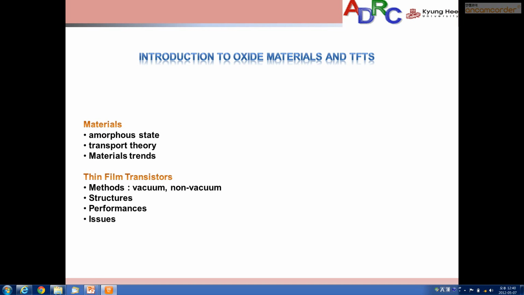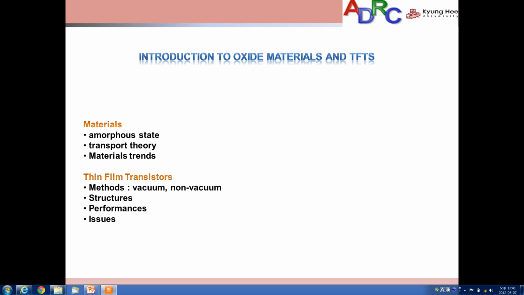I will introduce to you oxide materials and TFTs. First of all, I will introduce what makes an oxide material by talking about the amorphous state. Then I will talk about transport theory in oxide semiconductors. Then I will explain what the material trends are, to see finally about thin film transistors, the different methods of deposition, which